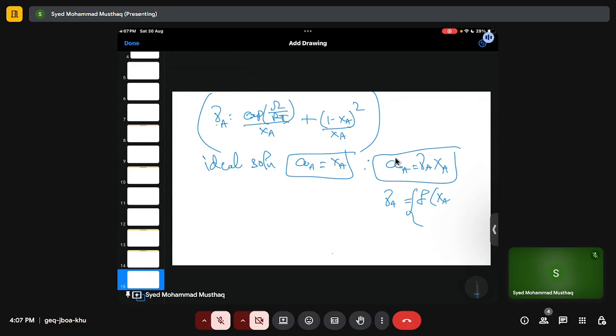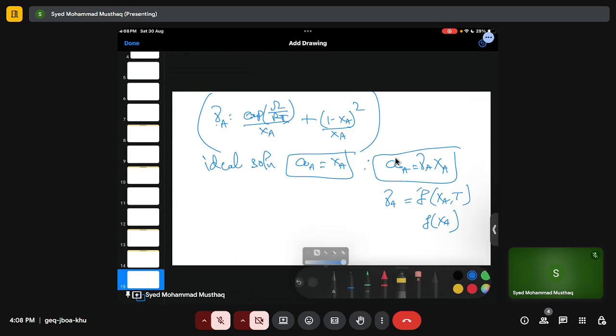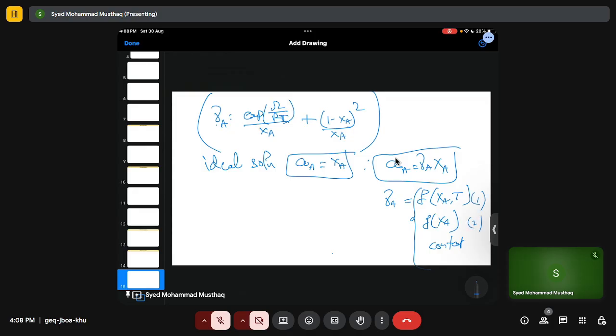We have two cases. Maybe it is a function of composition and temperature, or just a function of composition, or it is just a constant. You have three cases. Maybe it is a function of composition and temperature, or maybe it's just a function of composition, or it is a constant. Just like people have seen in